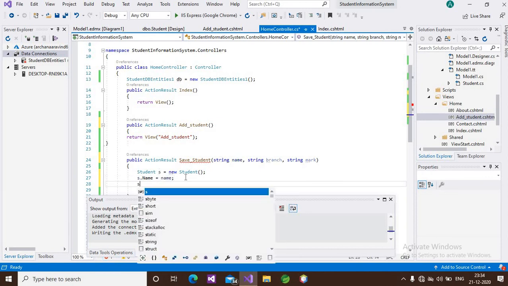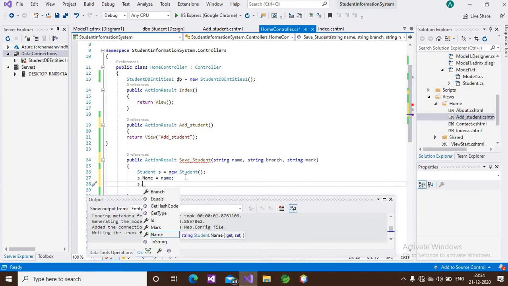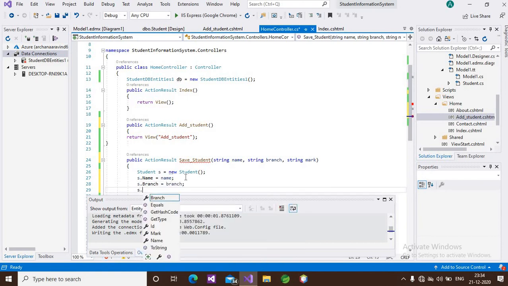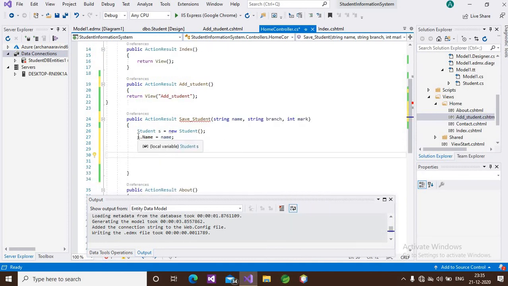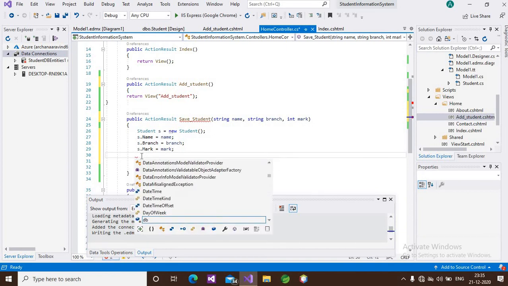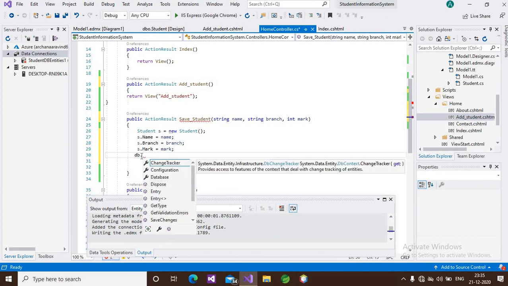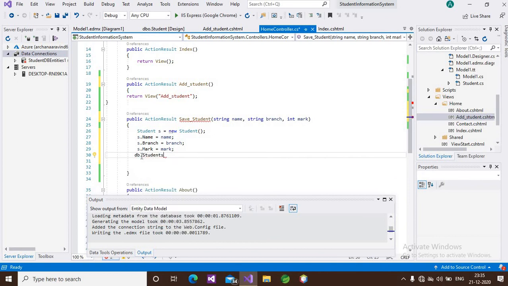After that, s.branch equal to branch. s.mark equal to mark. Sorry, here we have int, then in which we have all the items in our object s. Then we have to save this to our database. For that, give database object dot, that is db.students.Add(s). Okay, it will save our data to our database.